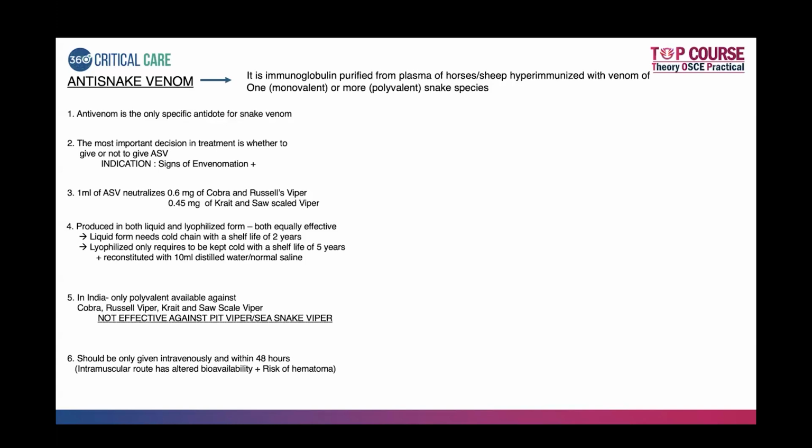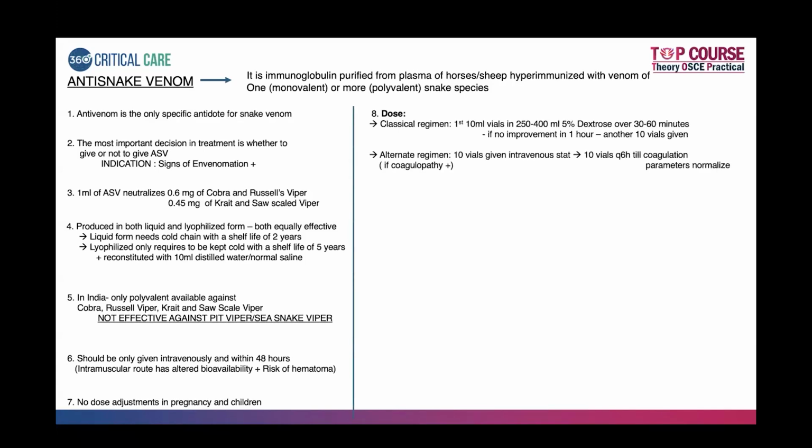Intramuscular has altered bioavailability, plus there is a risk of hematoma, so it is not recommended. And there is no dose adjustment in pregnancy and children. For the dose, you have a classical regimen and an alternate regimen. In the classic regimen, you first give 10 vials of ASV diluted in 250 to 400 ml of 5% dextrose over